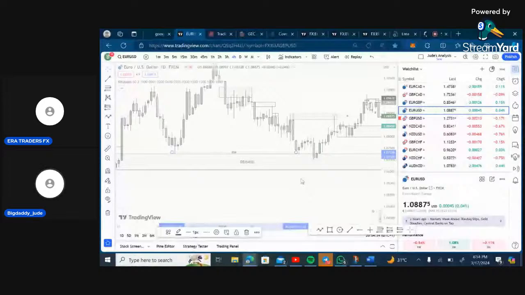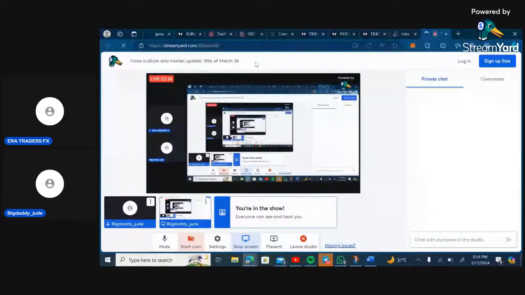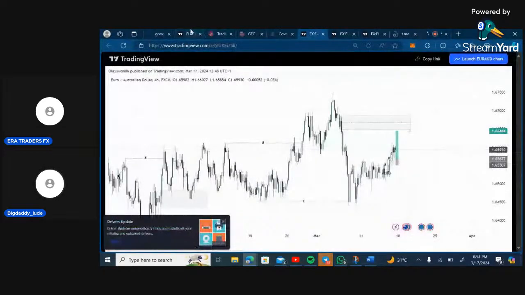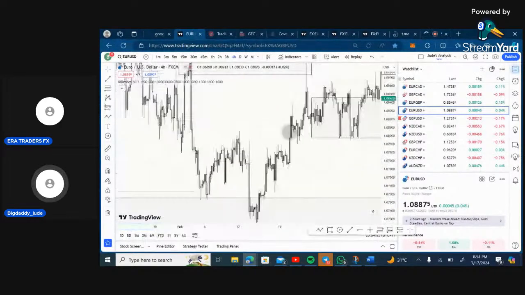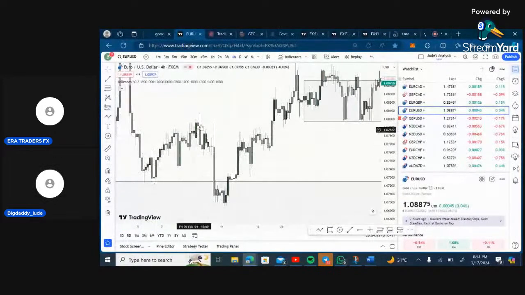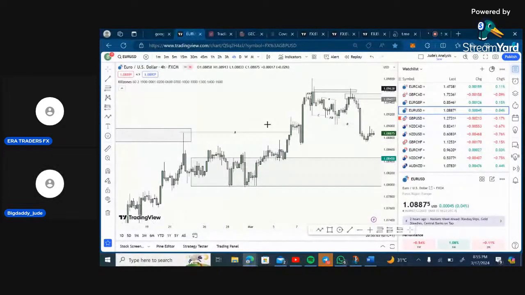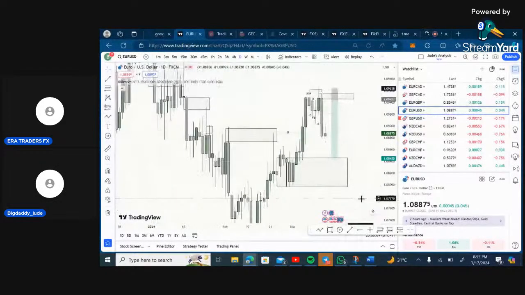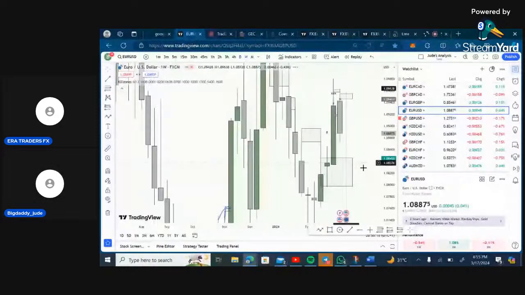So coming down to the 4 hour time frame. If you come down to the 4 hour time frame, now after that sweep and the tap into that zone, you saw a nice change of character, right, to the upside, and we kept going bullish right here. We kept going bullish. Now we had a break of structure around here, and after a break of structure, what do you do? You mark out a zone that led to that break of structure. I think this zone was